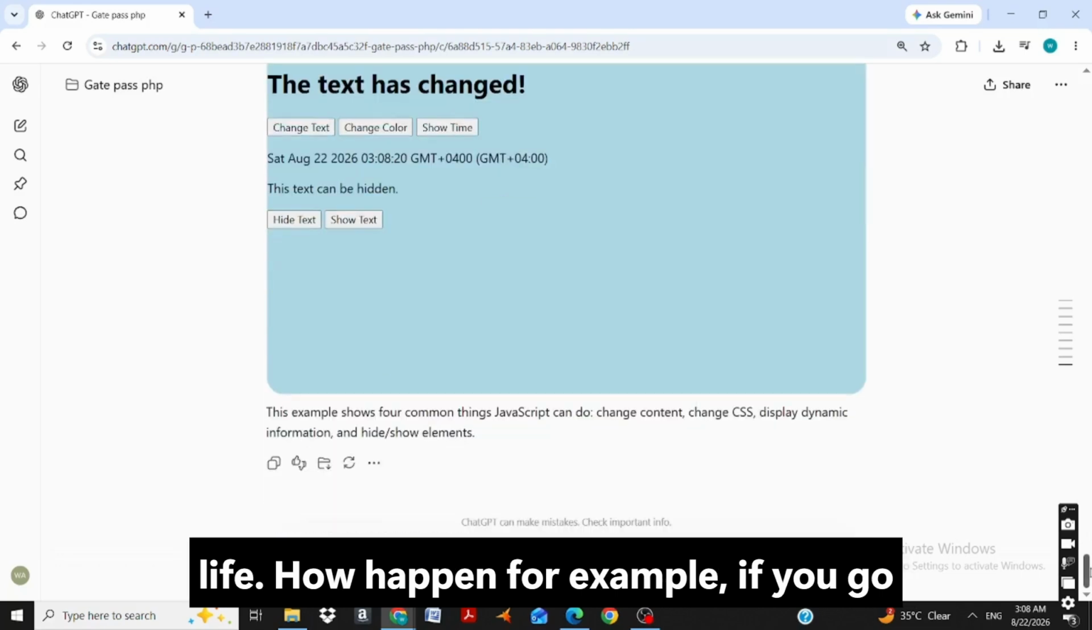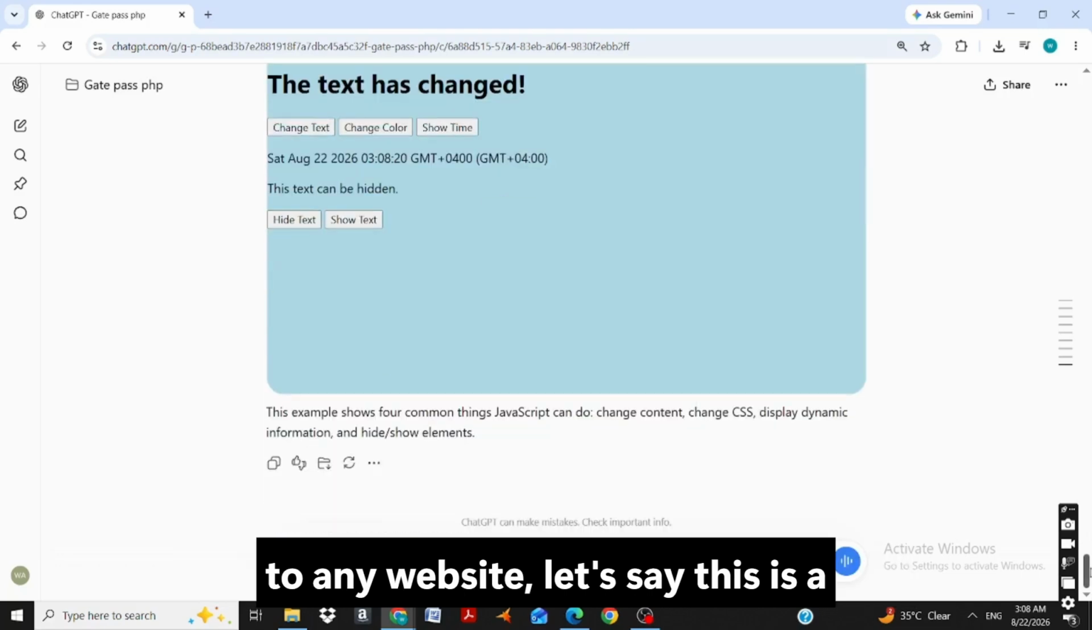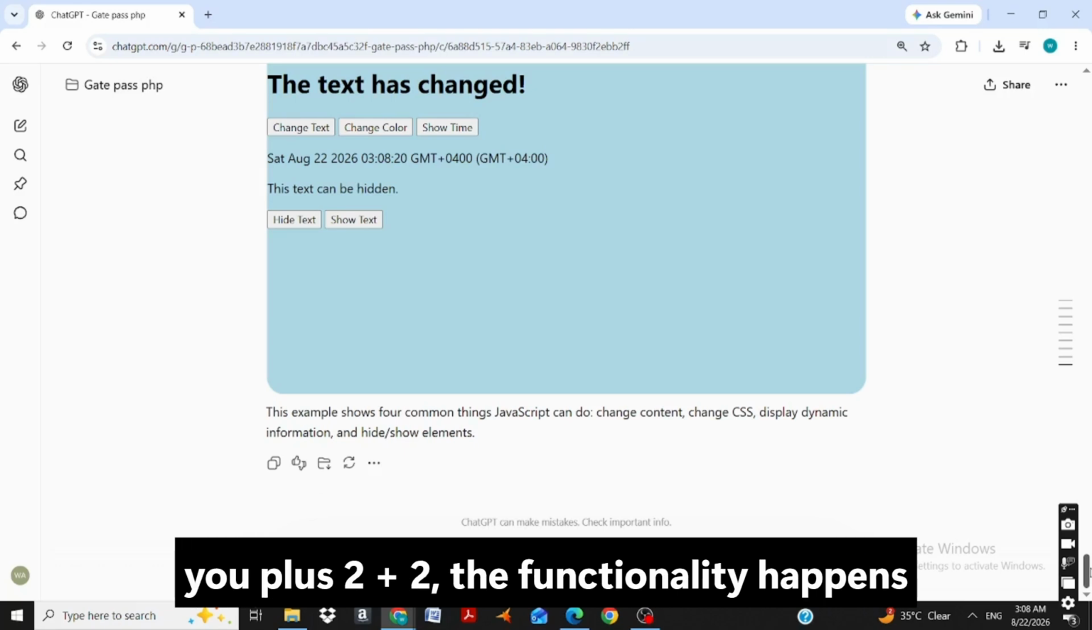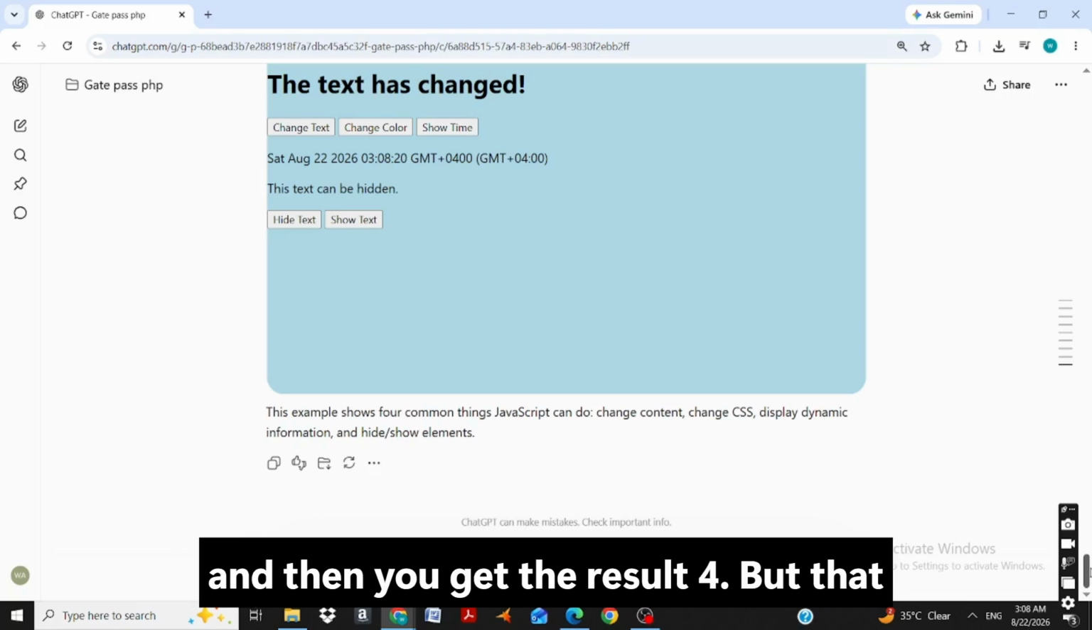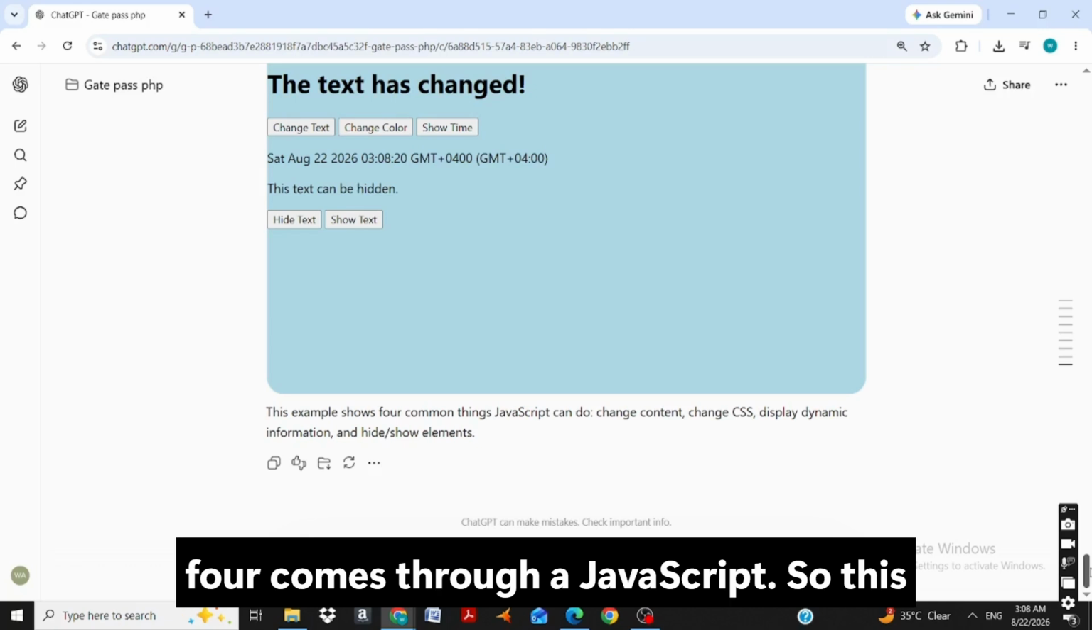In real life, how does it happen? For example, if you go to any website, let's say this is a calculator website. In the calculator, when you do 2 plus 2, the functionality happens, and then you get the result 4. That 4 comes through JavaScript. So this was the basics of